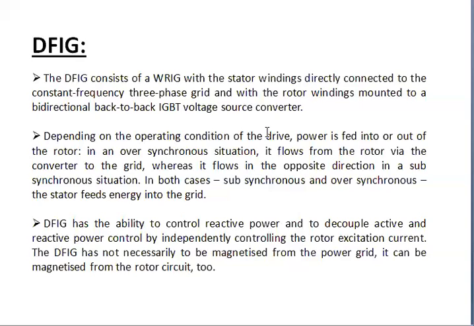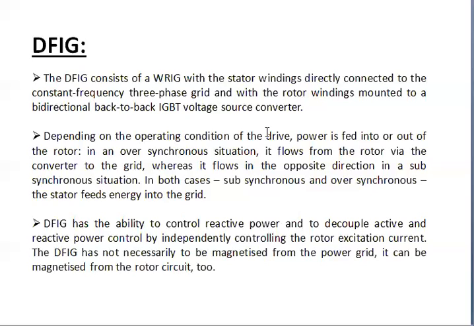However, the grid side converter normally operates at unity power factor and is not involved in the reactive power exchange between the turbine and the grid. In case of a weak grid where the voltage may fluctuate, the doubly fed induction generator may be ordered to produce or absorb an amount of reactive power to or from the grid.